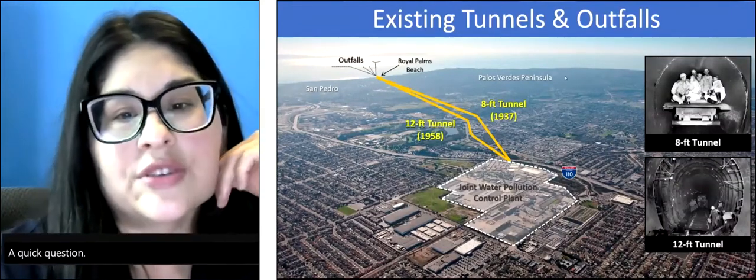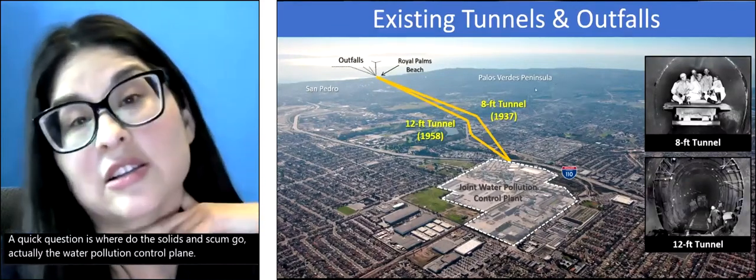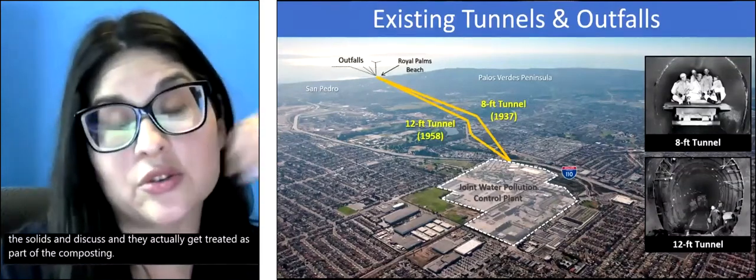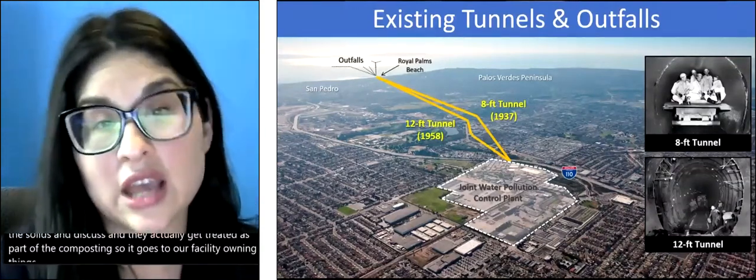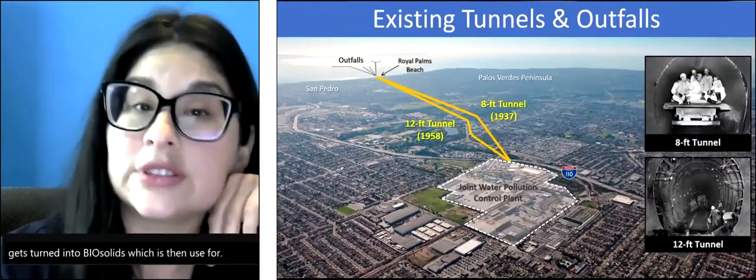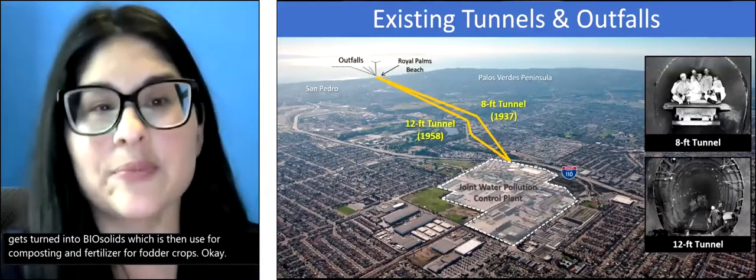A quick question is, where do the solids and scum go? Actually, the Joint Water Pollution Control Plant collects the solids and the scum, and they get treated as part of the composting. So it goes to our facility out in Kings County and eventually gets turned into biosolids, which is then used for composting and fertilizer for fodder crops. Okay, jumping back to this,